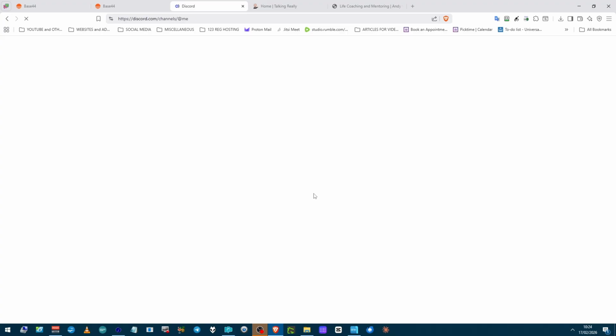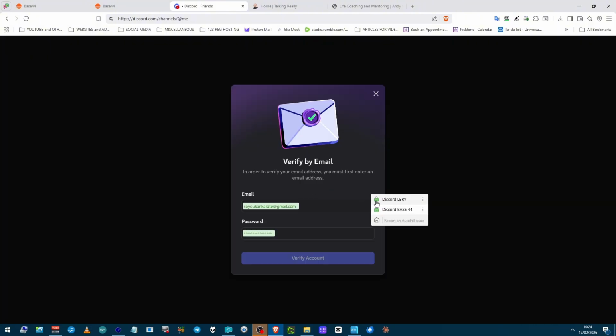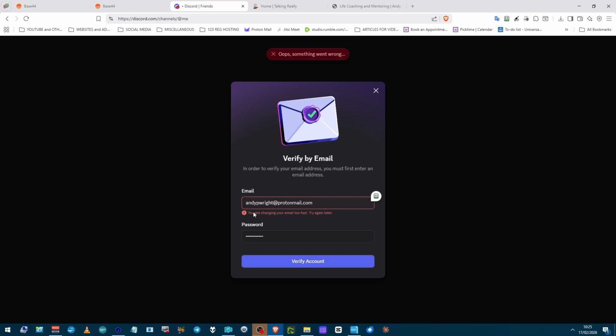Let me go to Discord, see if it will let me sign in. Verification by email. So I've already done that. And then when you put in your email and go yes, it will say verify your account. It will say you are changing your email too fast.